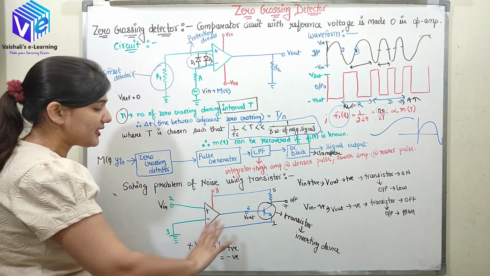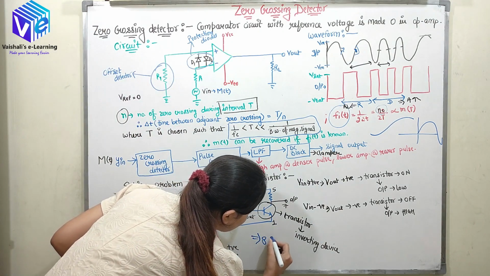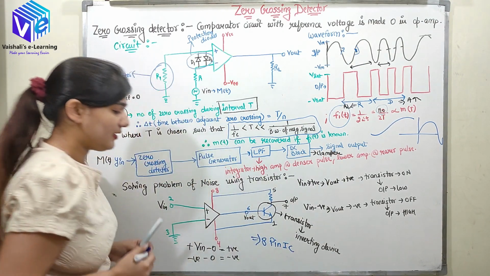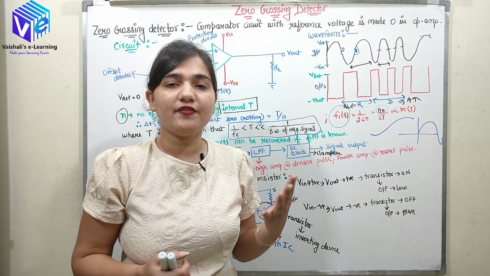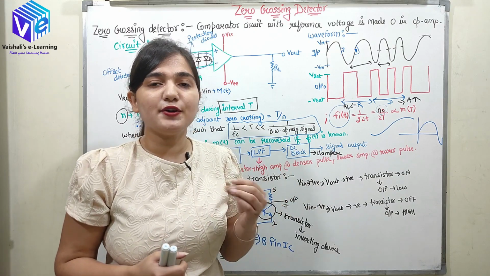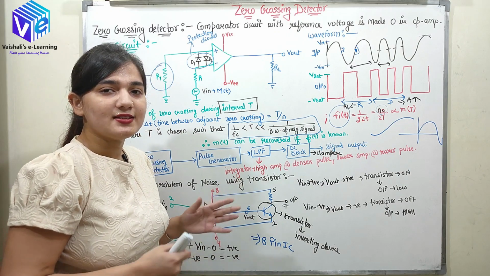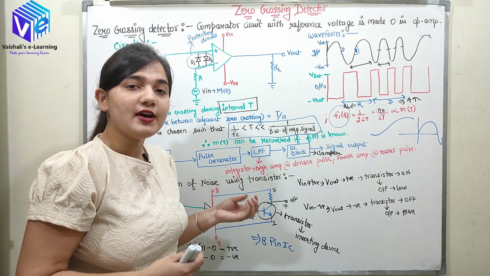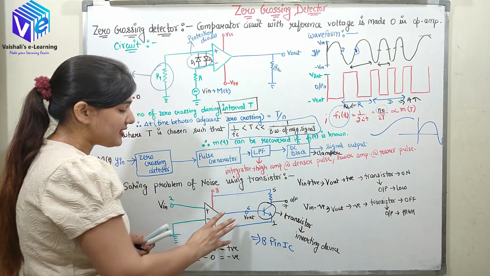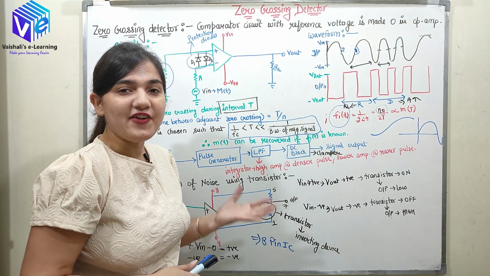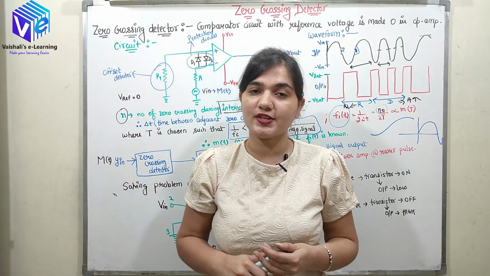Here this circuit is in the form of an 8-pin IC. So it is in the form of an integrated circuit. Till now I was saying that all of the FM demodulators were not in the form of ICs, but this is the circuit which is solving all the limitations of the previous circuit. So this can be manufactured in the form of an IC, and it is also not affected by the noise. So here I'll be stopping my discussion on the zero crossing detector.